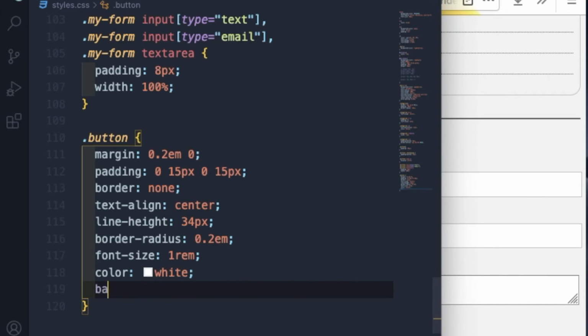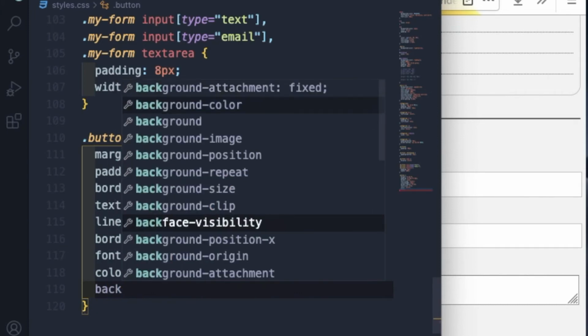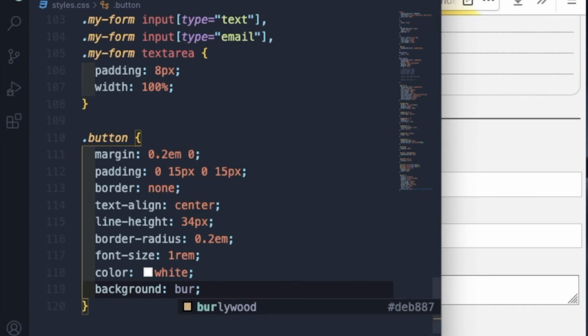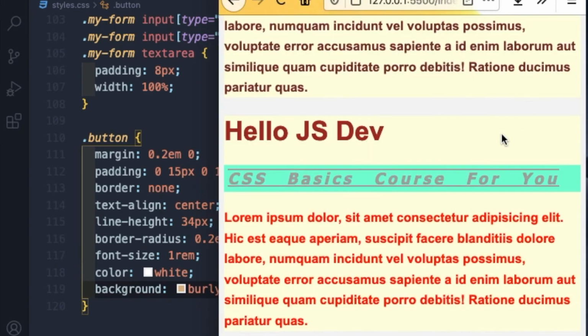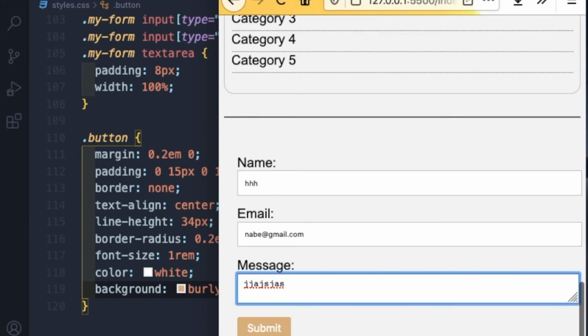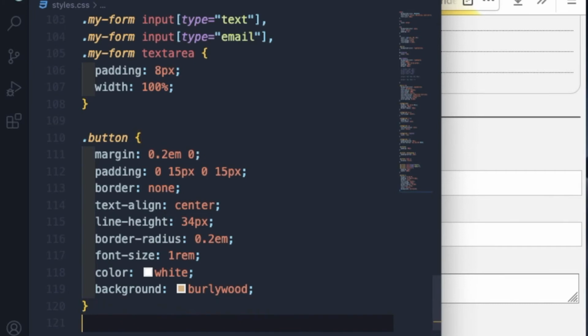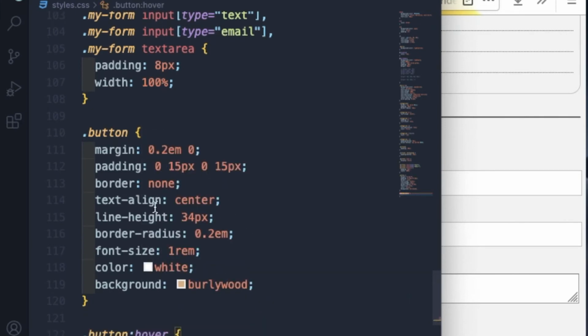and background will be burly wood. This is a good color, so I've saved it. And see, such a nice button. Let us add a hover effect also. Button hover. So this is how we give hover